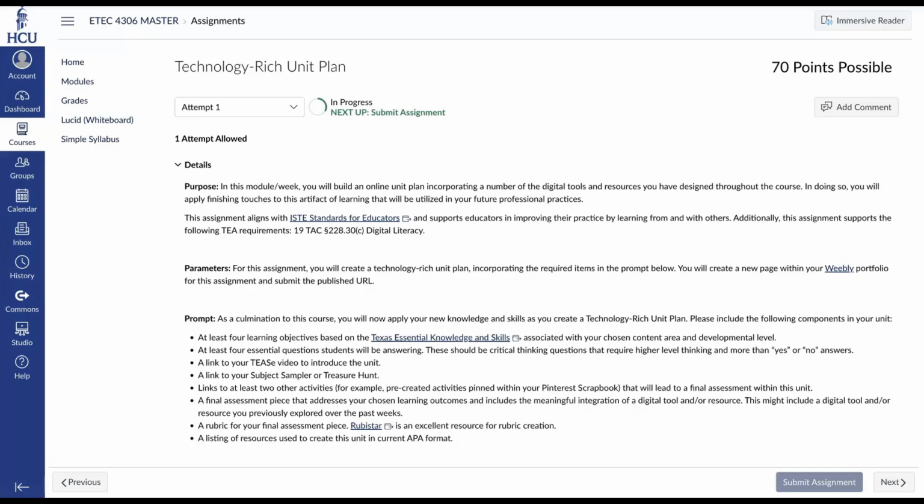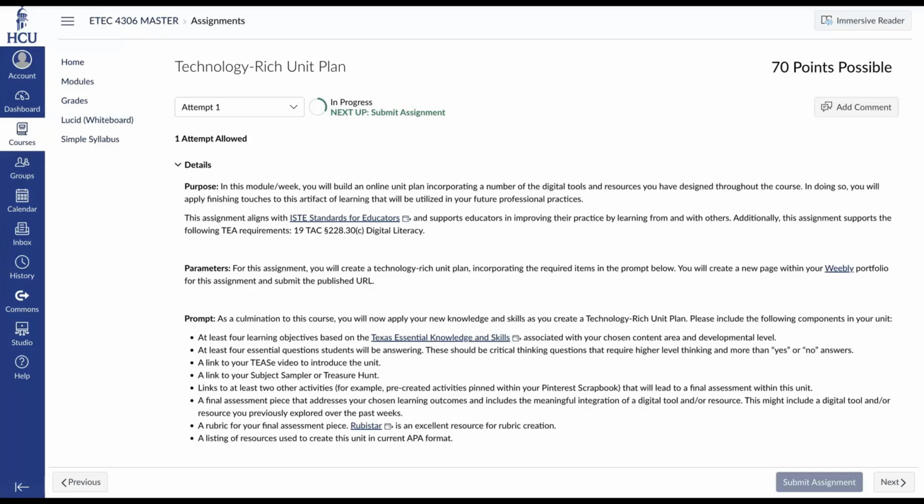For this assignment, you will be creating a unit plan that incorporates meaningful applications of educational technology. You will create a new page within your Weebly portfolio for this assignment, and you will submit the published URL.